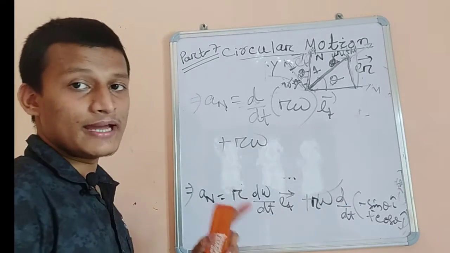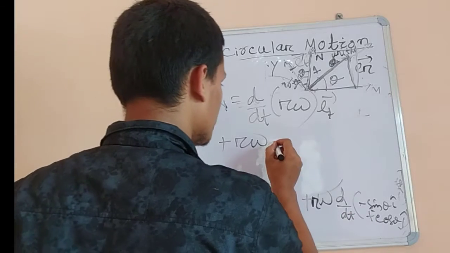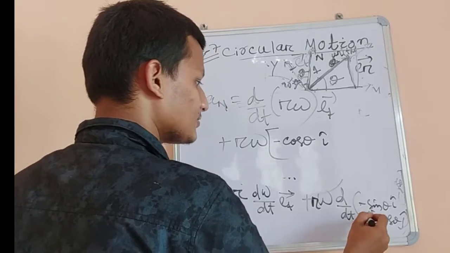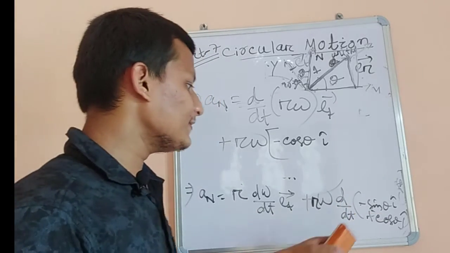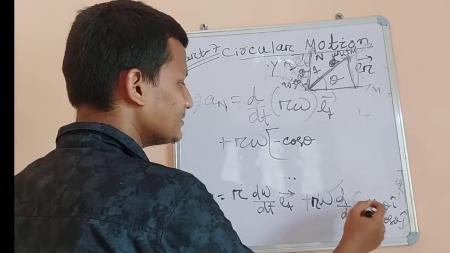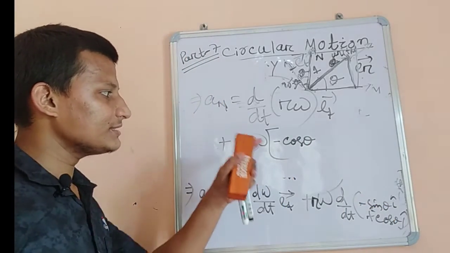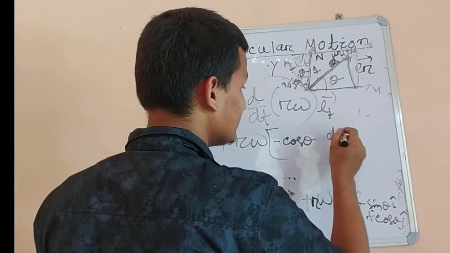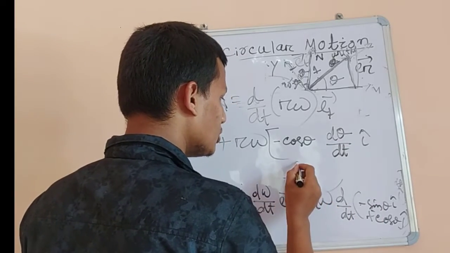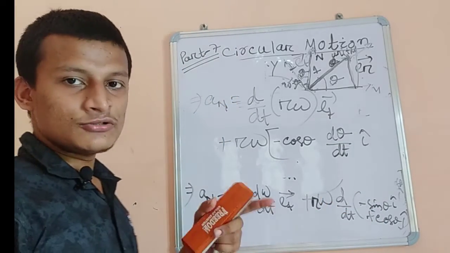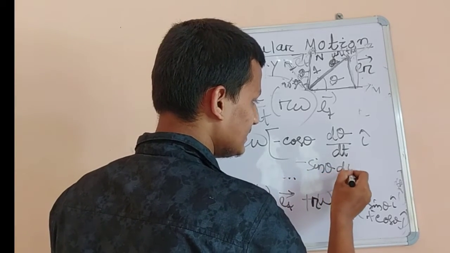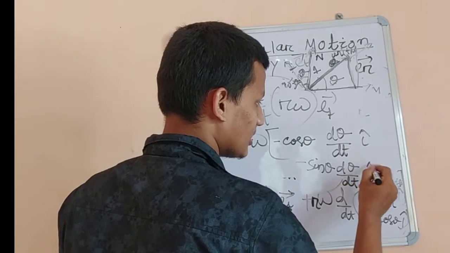Minus of sin theta, derivative of minus of sin theta, that is minus of cos theta. So minus cos theta I cap plus differentiating cos theta with respect to time. Sorry, here, minus differentiating sin theta with respect to time, that is minus cos theta into d theta by dt, because according to the chain rule. Okay. So here differentiating cos theta with respect to time, that is minus sin theta into d theta by dt into j cap.